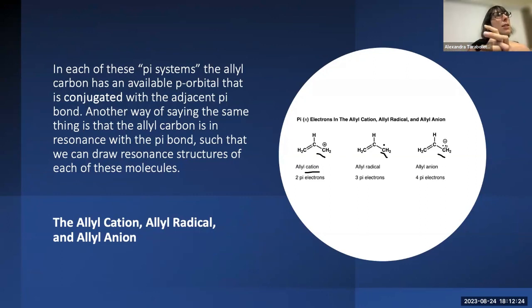Sometimes that word is used to just describe a carbon next to a double bond because it has the potential to make one of these allylic systems. So you'll sometimes see that get used, and it's a bit confusing, I know, but people will refer to a carbon that's just next to a double bond as an allylic carbon. But it hasn't formed one of these systems in which the pi system is throughout the three carbons. We're going to see more of what that means, but essentially,